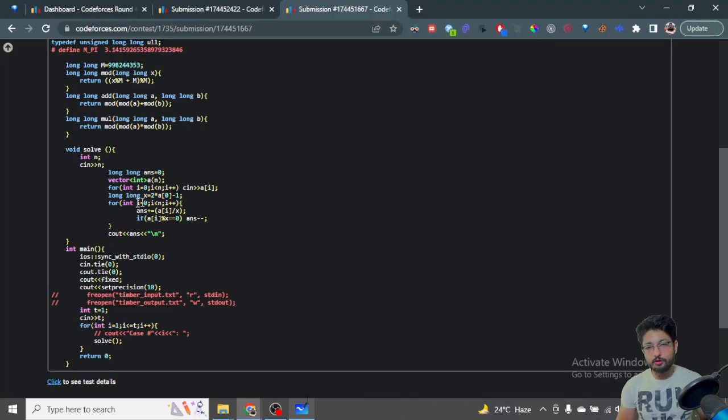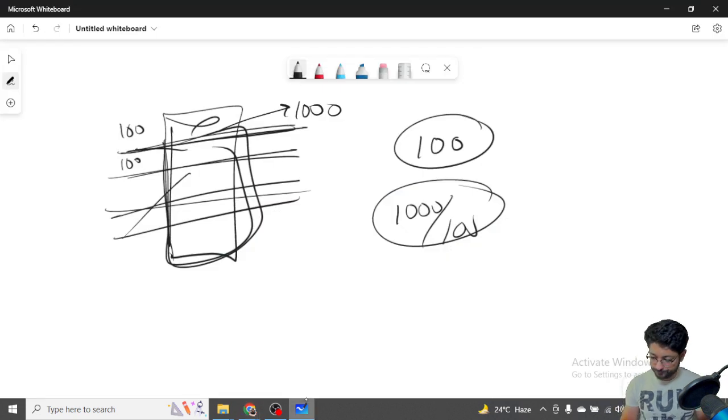So you go over all the other tangerines and divide them. A of i divided by x is the number of operations that you do. The overall thing is that if it is completely divisible, then the answer is reduced by one. What it eventually says is, let's say